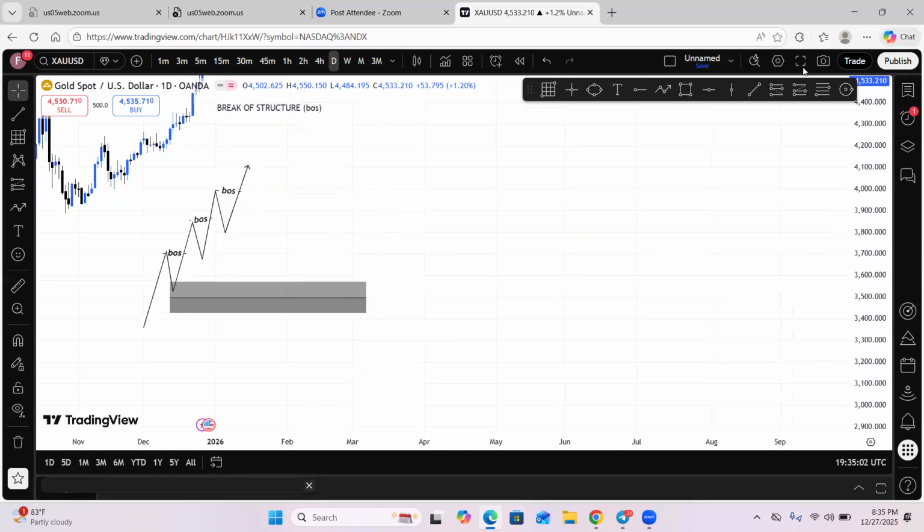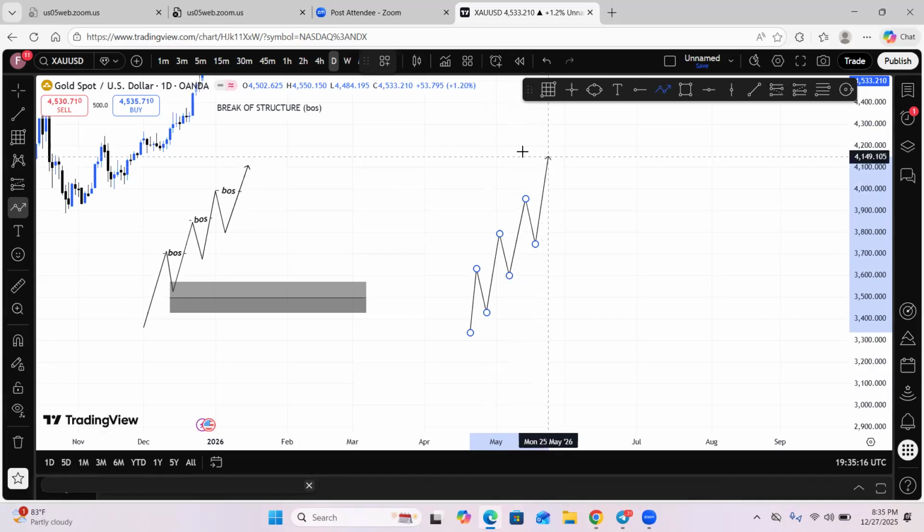We are learning break of structure, and we are starting with market breaking structures in an uptrend. Remember when we said when market is bullish, it's creating higher highs, higher lows. As it's creating all these higher highs,